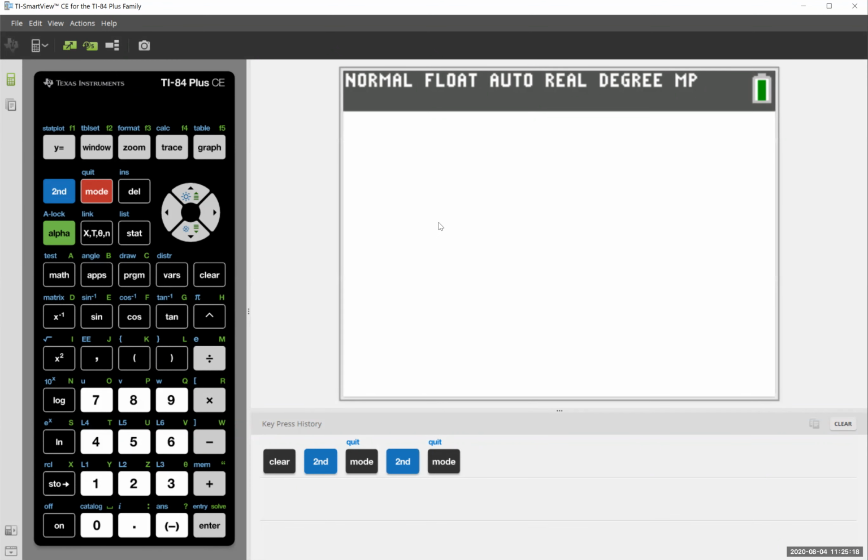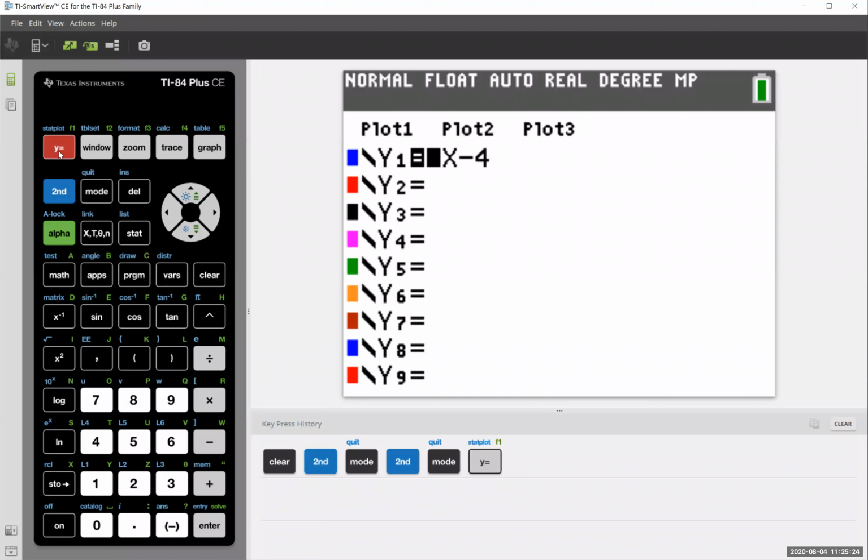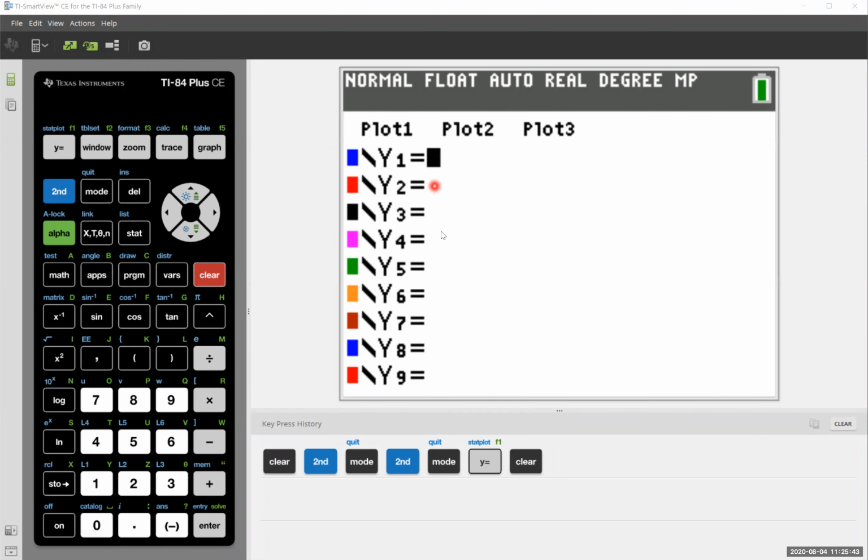So from the home screen, we're going to go in the top left corner, into y equals. That should bring up a screen like this. Clear out any and all other equations that you have written in there because we don't need those. Use this directional pad if you need to go through and select each of these and then clear them out accordingly, so you have nothing in here.